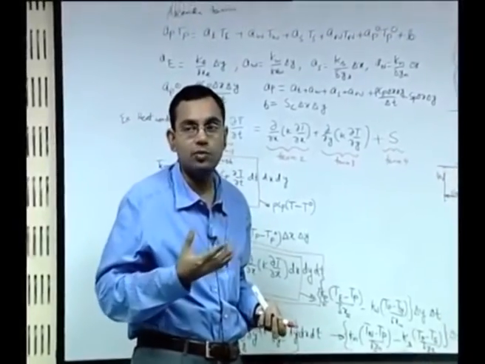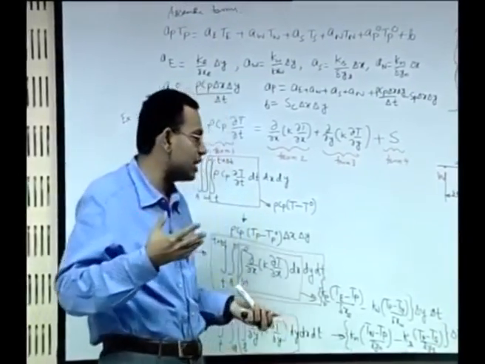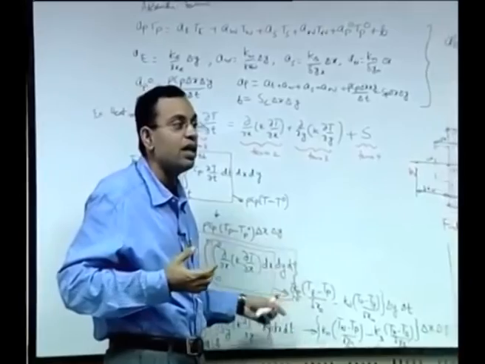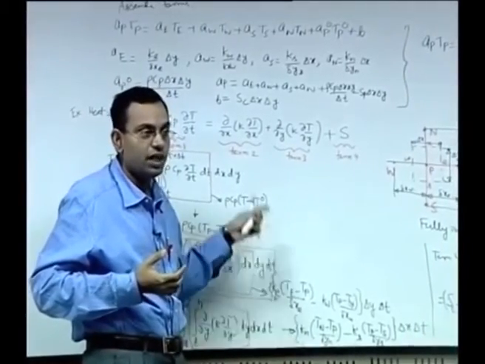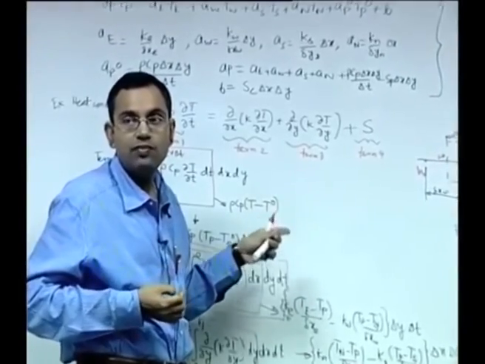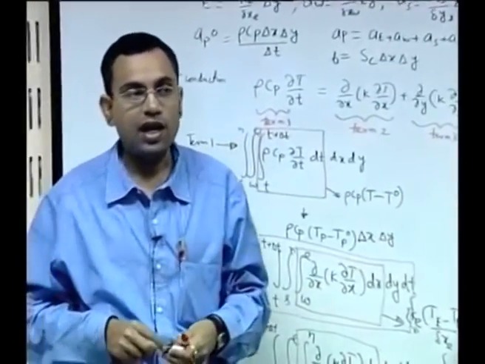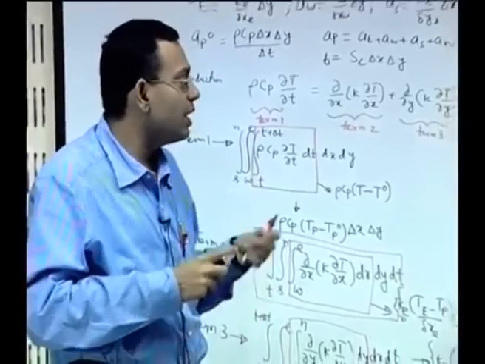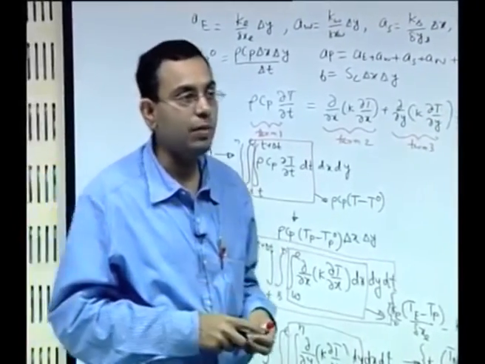So, to summarize, we have now got an idea of how to develop the discretization equation for a 2 dimensional problem. I give you a homework: do the same thing for a fully explicit scheme. We have done it for a fully implicit scheme, you repeat the same exercise for a fully explicit scheme, and a similar extension you can also do for a 3 dimensional problem.